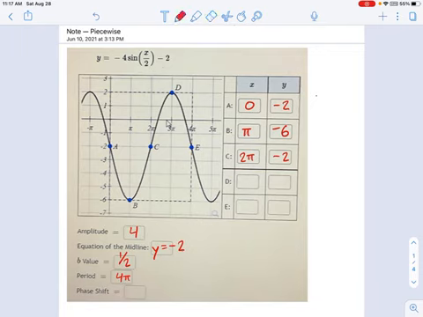Now, this last part, phase shift, we haven't really talked about phase shift yet. We haven't gotten into that. And you can find this either from the equation form or from the graph form. For now, I'll just point out that the phase shift is whatever position your graph window starts at. So you see this dotted square I have around the function? It starts at x equals 0. So I would say my phase shift equals 0. And we'll get into some examples of non-zero phase shifts in a little bit. That'll be later.